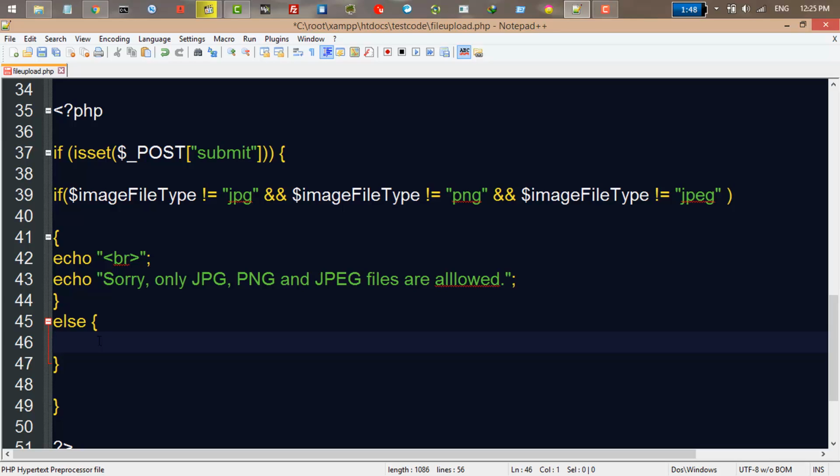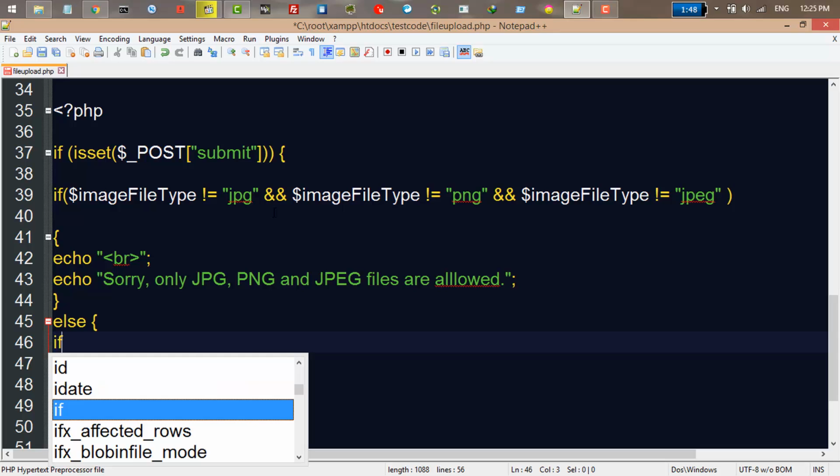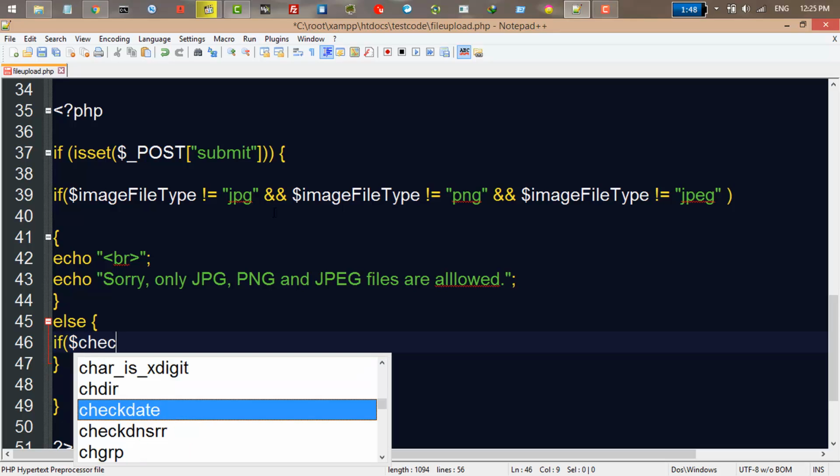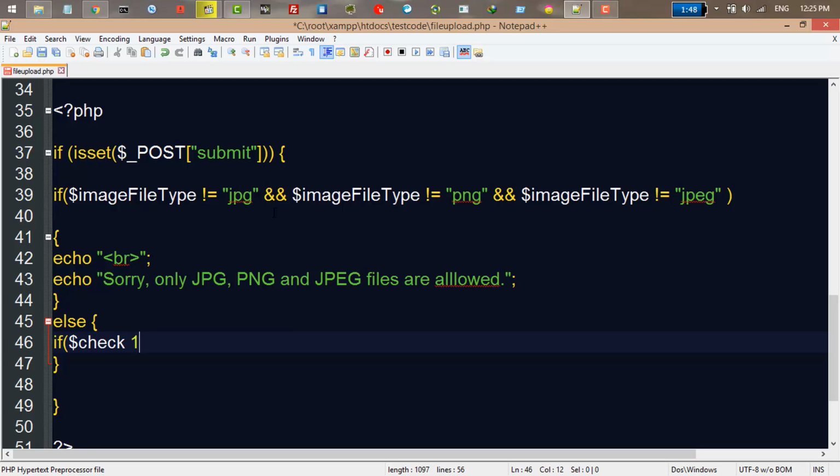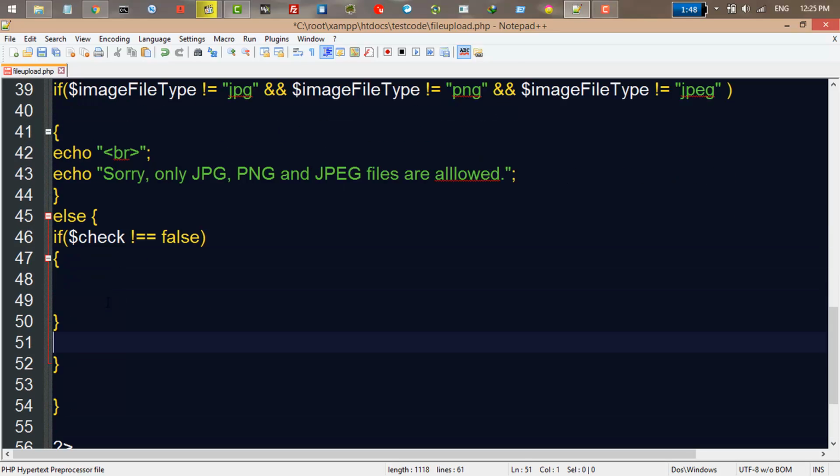check if it is false or not. For doing that, we make a variable, call it $check. A variable of check is not equal false. If this variable is not false, if check is not false, then do this for me. Anything we want will be inside these brackets. So if this is not false and this is what we want, then